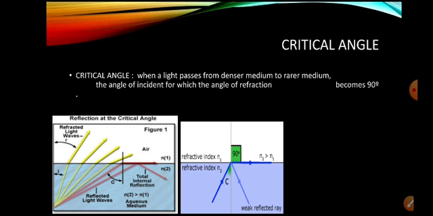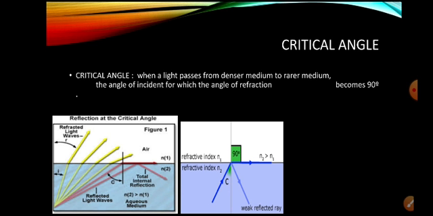For example, the light ray is coming from the denser medium and entering into the rarer medium, then it bends away from the normal. Still, you are increasing the incident angle, automatically the refracted angle also increases. Still you are increasing, at a certain incident angle,